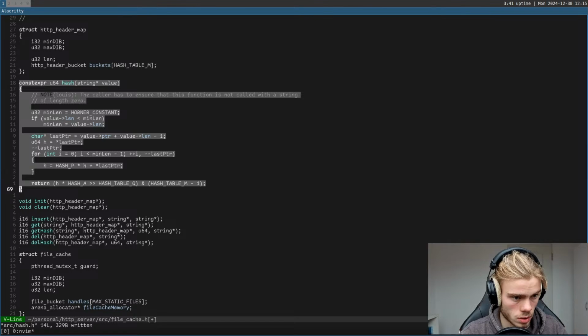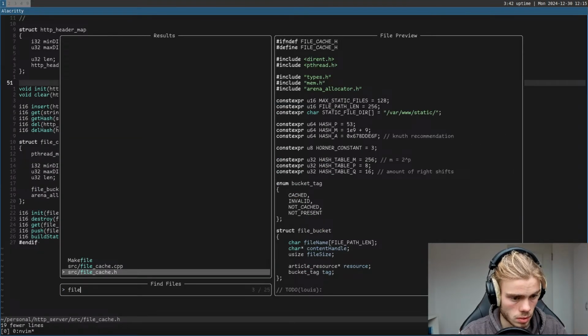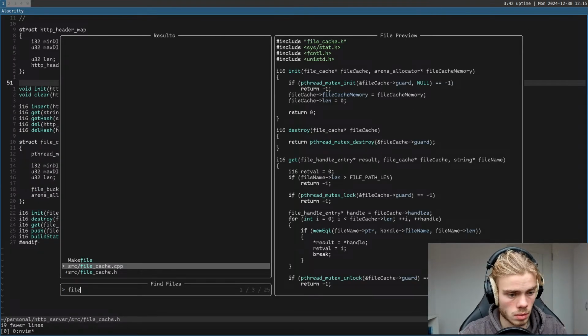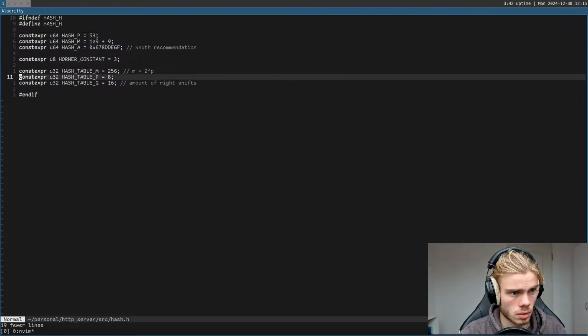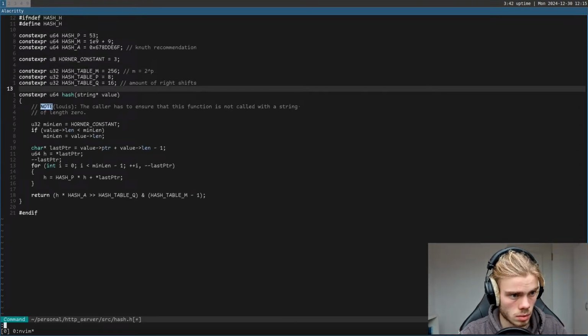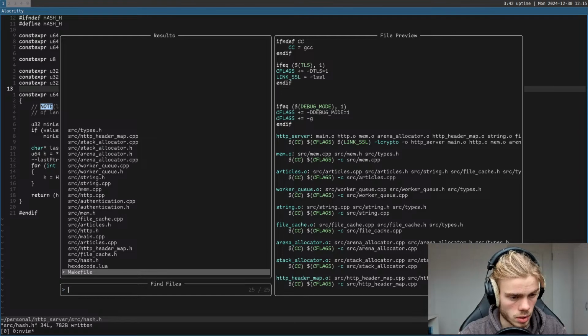This hash also goes into the hash h. Now go into